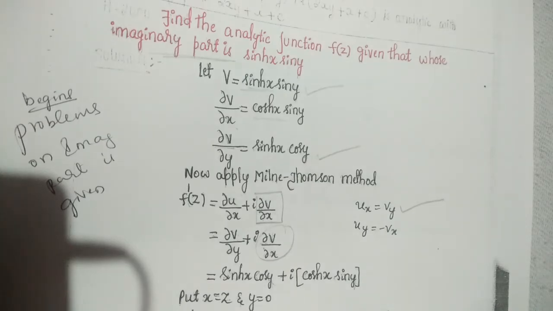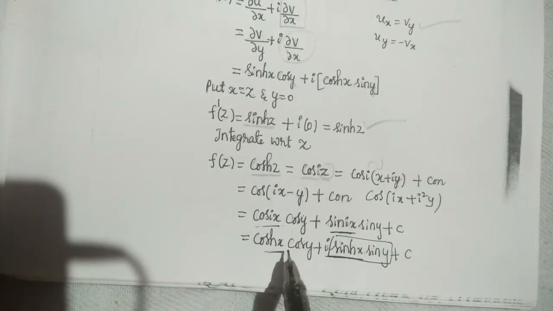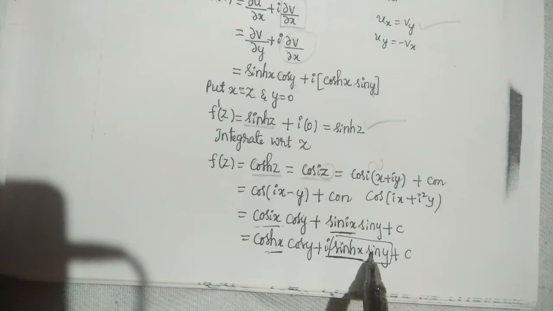First benefit is to find the analytic function of the first question. Or in the exam, if they give you a function, check whether it is a harmonic function and also find its harmonic conjugate. Just apply the same procedure for that also. No change in that. So the last step, cos hyperbolic x cos y, this one is the harmonic conjugate.